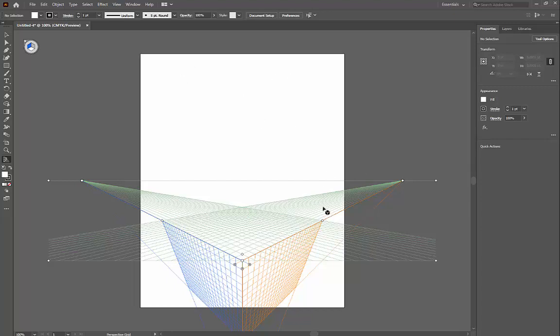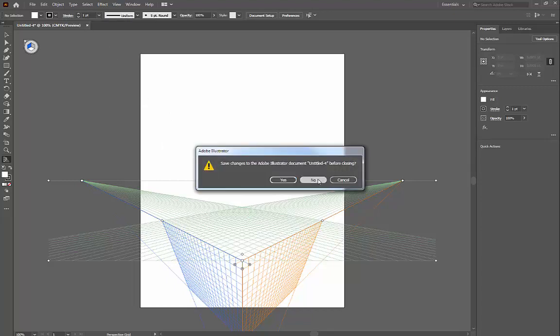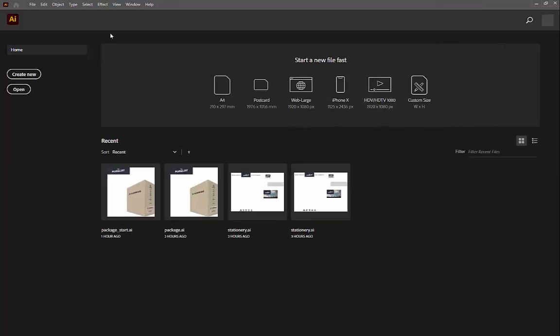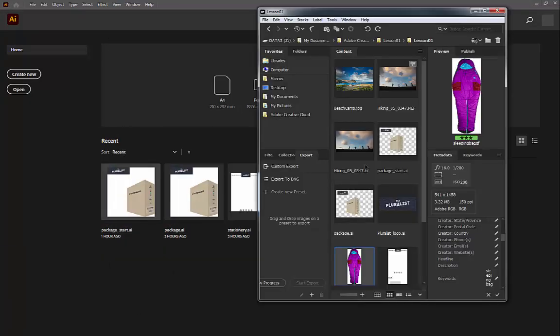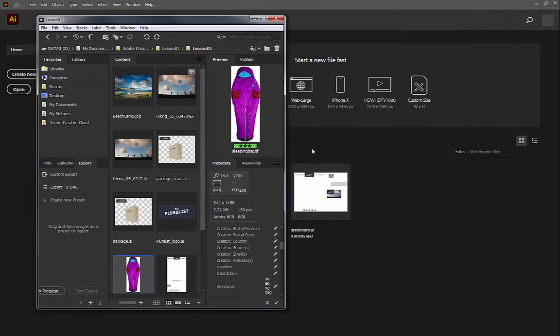So that's a little bit of how to manipulate the perspective grid once we have it. So I'm just going to close this document and not save changes. And I'm going to go ahead and use Bridge to open up